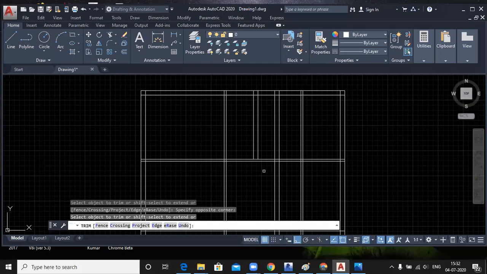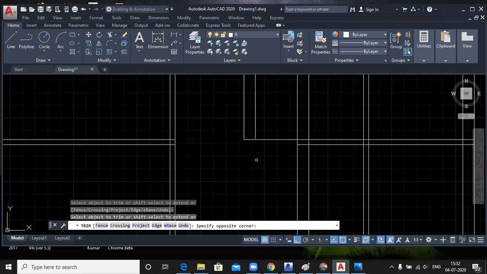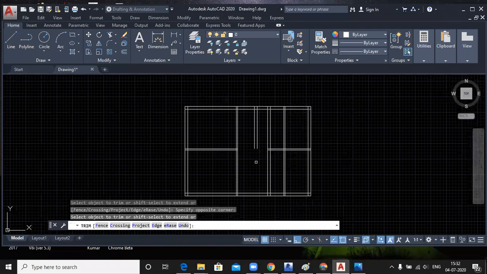Right? Yes, sir. Can't we do this with the line command, sir? You can do this, but it will be complicated. Yes, this is complicated. This method is easier. If you draw with the line command, it is very difficult.